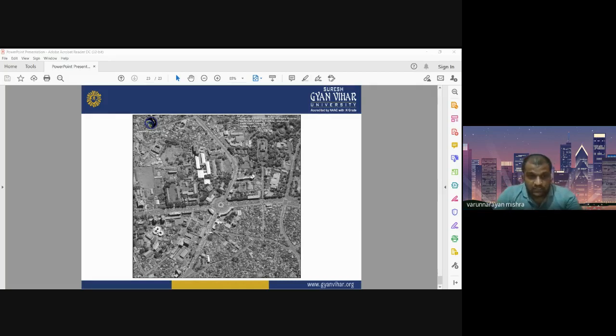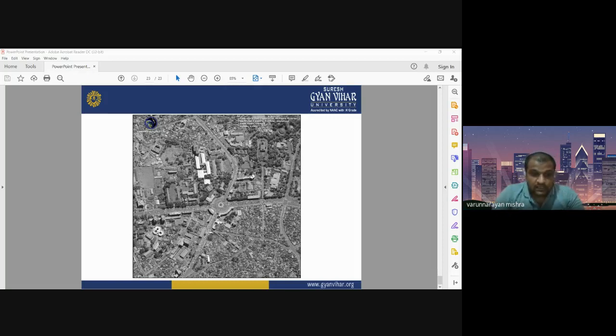Whereas in Ikonos, there are 4 multispectral bands, but its radiometric resolution is only 11 bit. Its spectral resolution is 4 band. Spectral resolution and radiometric resolution are not much important in case of urban planning and urban mapping. So in urban planning and urban mapping, we should focus only on the spatial details. Spatial details means spatial resolution. These satellites do not have good spectral resolution and good radiometric resolution, but these sensors have good spatial resolution.